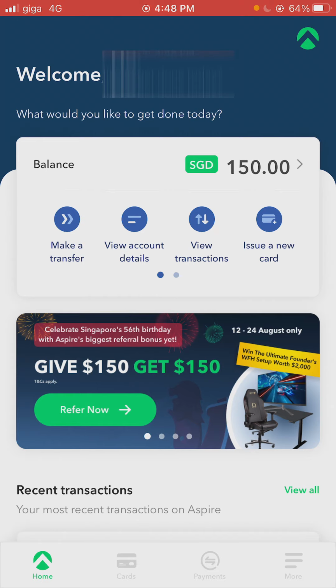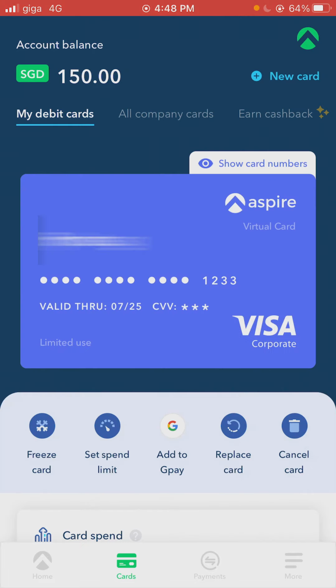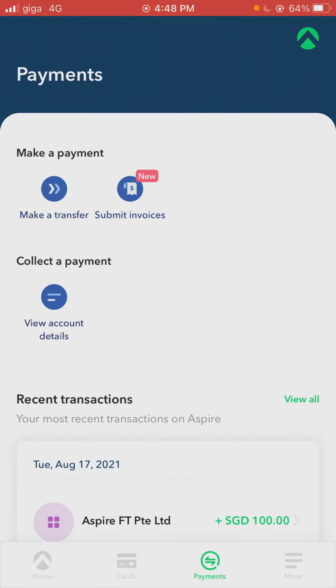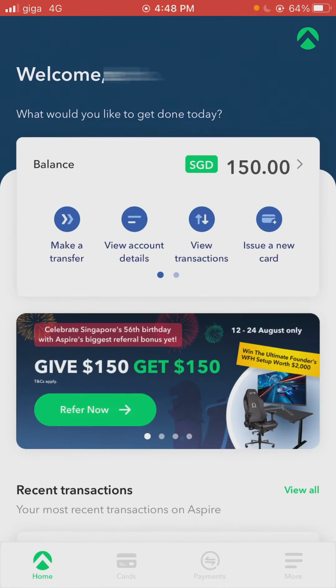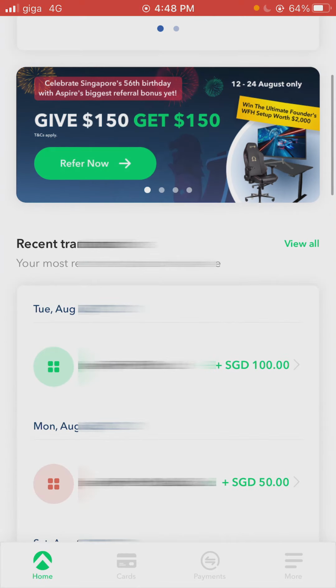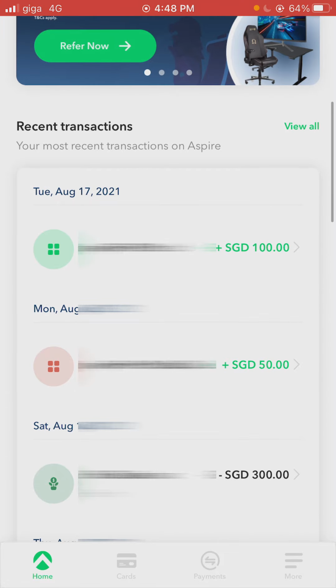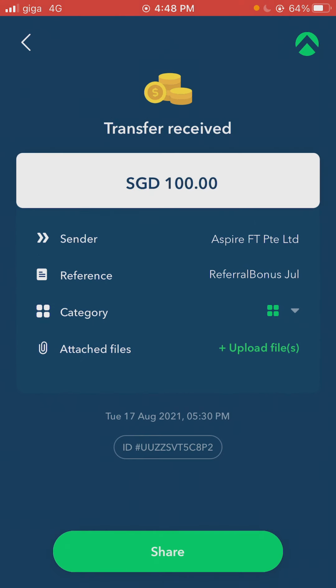Now I'll take you through the different tabs you see below: home, cards, payments, and more. Home is essentially your dashboard. You see your balance here, and if you scroll down, you see the recent transactions. If I may just jump in, go into a